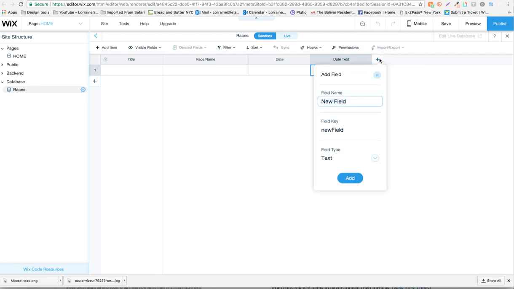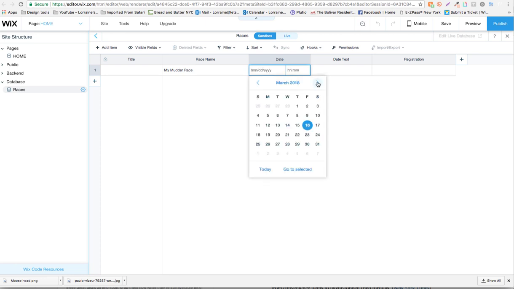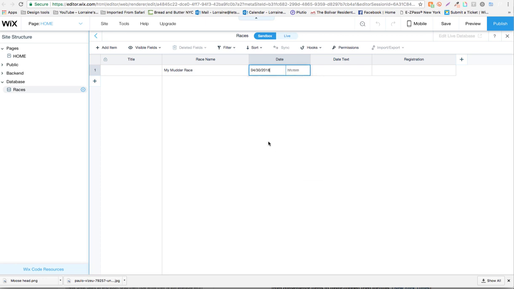And then just add another one for registration. And this will be a link to the race site. So we're going to make it a URL. And so, for example, we're going to call the first race my mother race. And we're going to say that the date, let's say next month, on the 30th of April, and we're going to say that it begins at 8 AM,